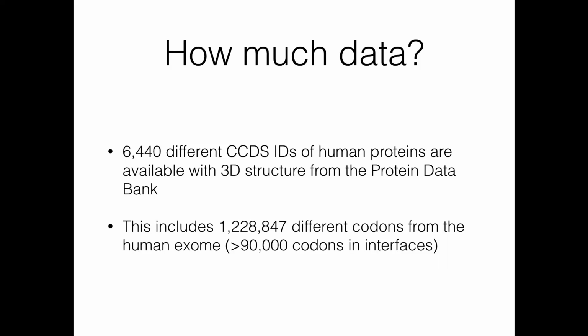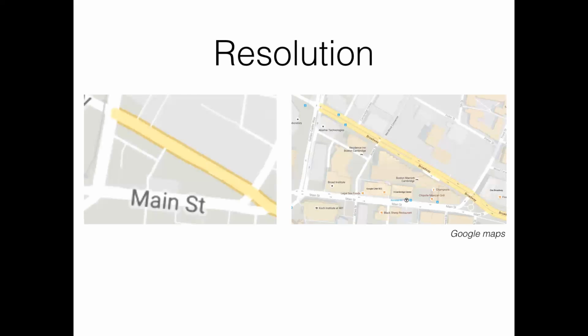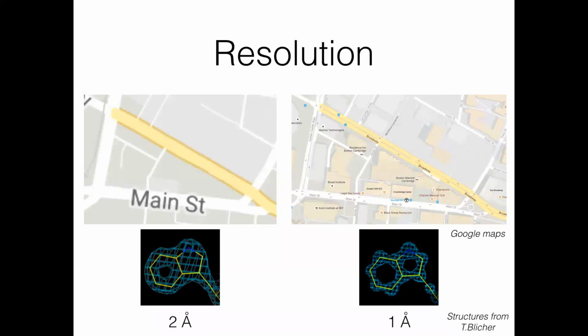So this is all a lot of numbers. And I'm not sure how familiar everybody in the journal club is with the quality. So I just want to go through two important points when looking at quality. One is the resolution, which you might have seen, and you may be very well aware that it's how much detail we can see. So I thought Google Maps would be an interesting analogy. You can see much more detail in a high resolution, so that's lower